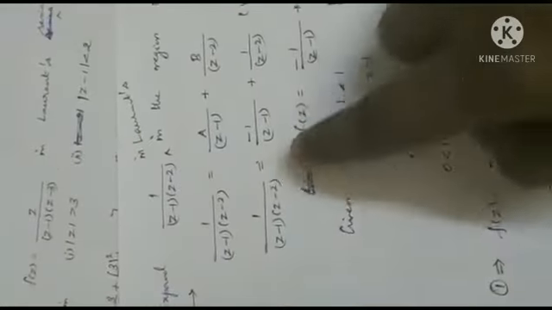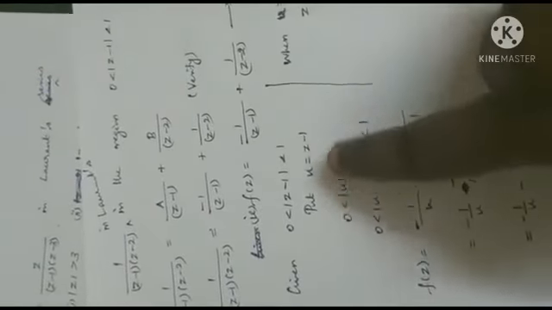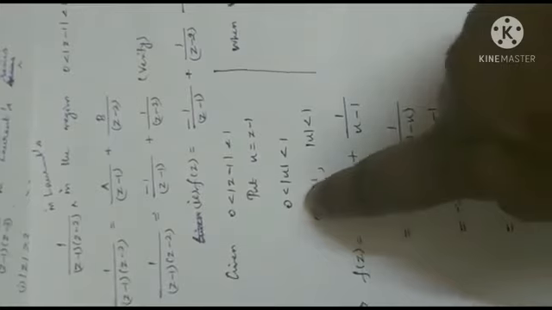See, the last problem in series: expand it as a Laurent series in the region. Take this, do it by partial fraction method. Consider the region 0 less than mod u less than 1. When it is z minus 1, z plus 1, z plus 2, do substitution. Get the inequality as well as what z is in terms of u, because these are to be changed in terms of u. 0 less than mod u less than 1. This cannot help us, okay? Leave it. Mod u less than 1.